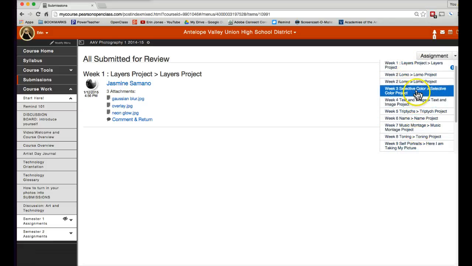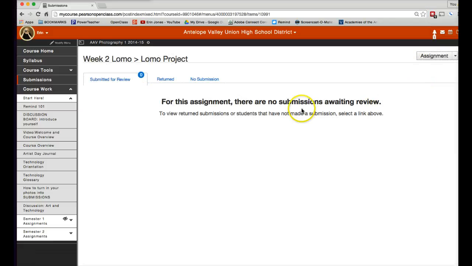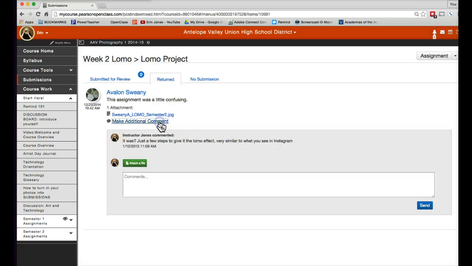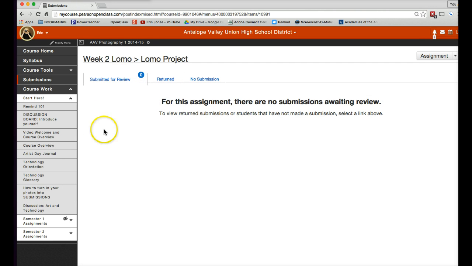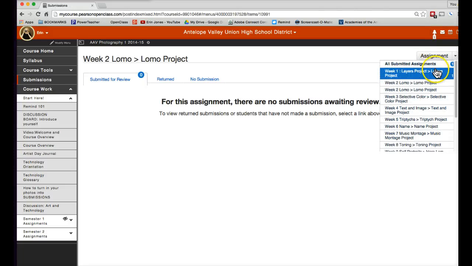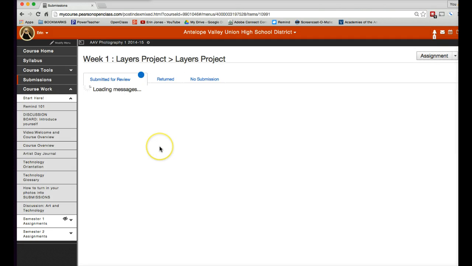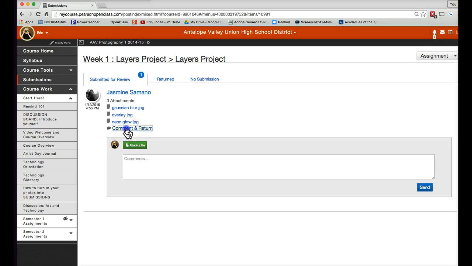So let's say I'm going to turn in this project here. I know that it's in there twice. And if I am a student, for example, I would have a text box show up and then a little place to attach. Since I'm the teacher, mine doesn't look quite right. It doesn't look the same. So let me try to find one that I need to. I haven't graded Jasmine's work yet, but when you're turning it in, it'll look something like this,